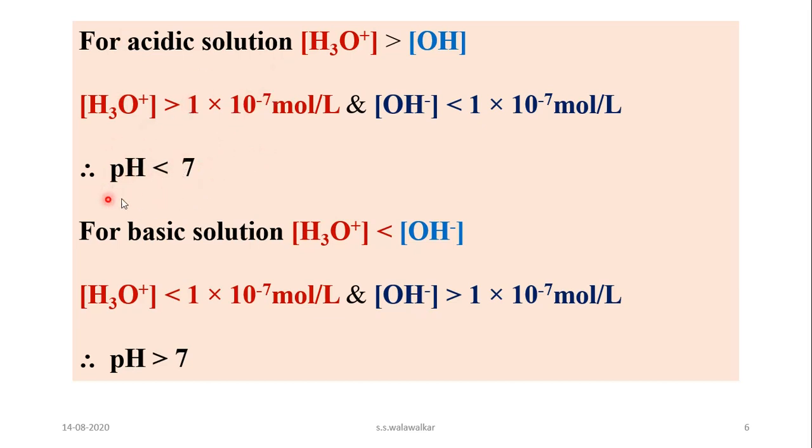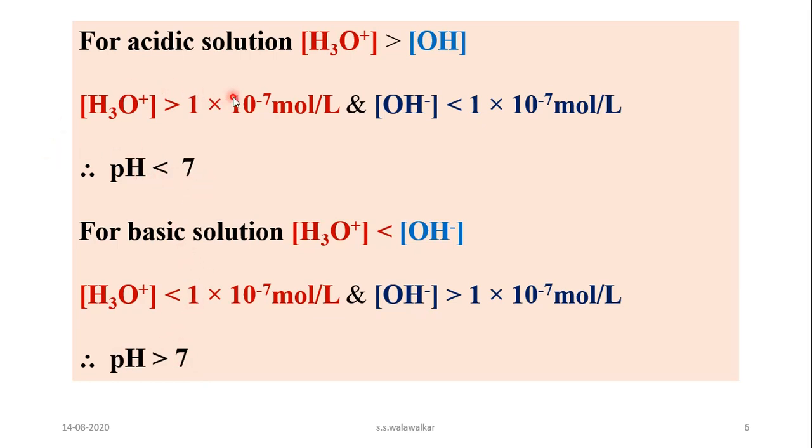For acidic solution, pH is less than 7. For basic solution, hydronium ion concentration is less than hydroxyl ion concentration. That means hydronium ion concentration is less than 1 into 10 raised to minus 7 mole per liter, and hydroxyl ion concentration is greater than 1 into 10 raised to minus 7 mole per liter. Therefore, pH is greater than 7. And if the pH is greater than 7, then solution is basic, and when the pH is less than 7,